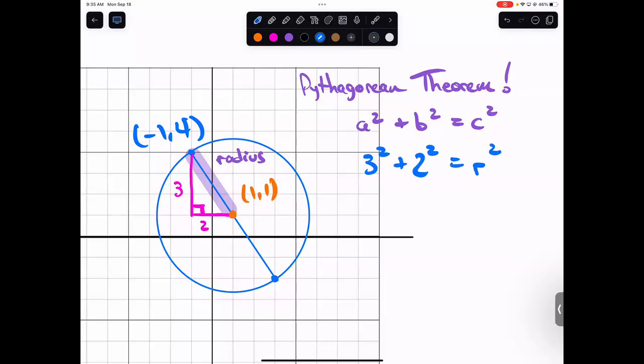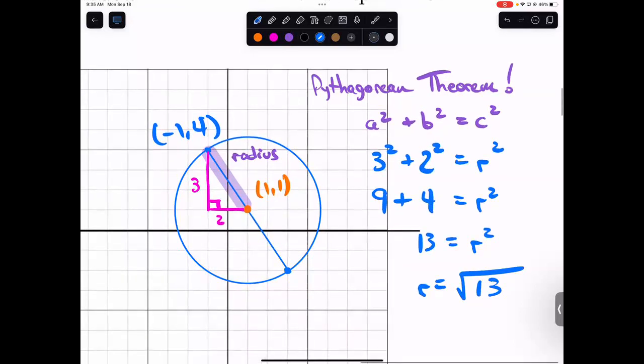3 squared is 9, 2 squared is 4. So R squared is 13, which means that R is the square root of 13. The square root of 13 is not very pretty, right? It's irrational, it's a mess, it's 3 point something, but seeing that the radius is the square root of 13,